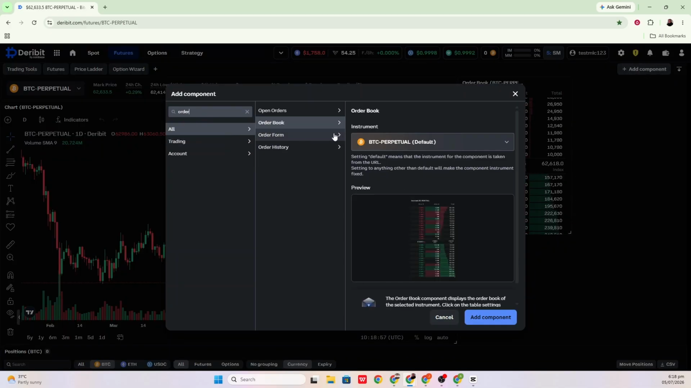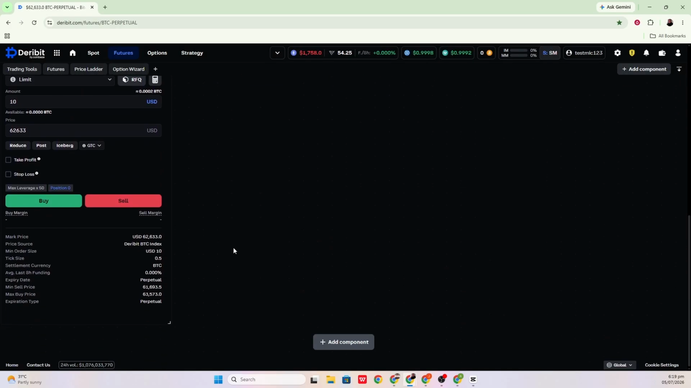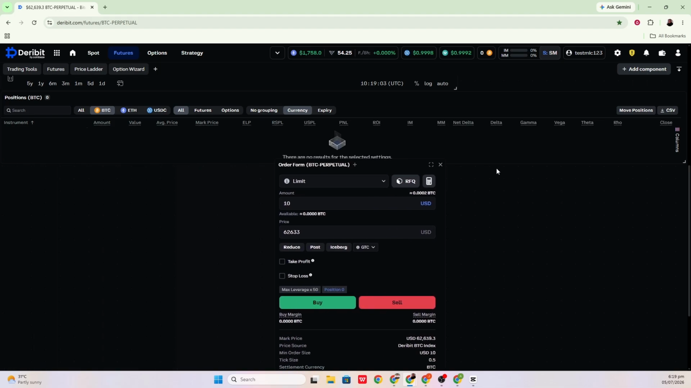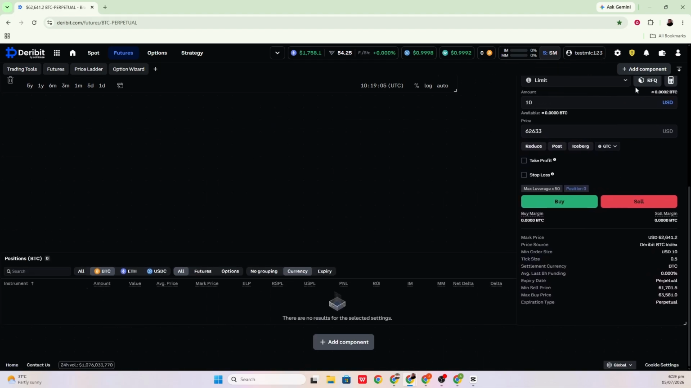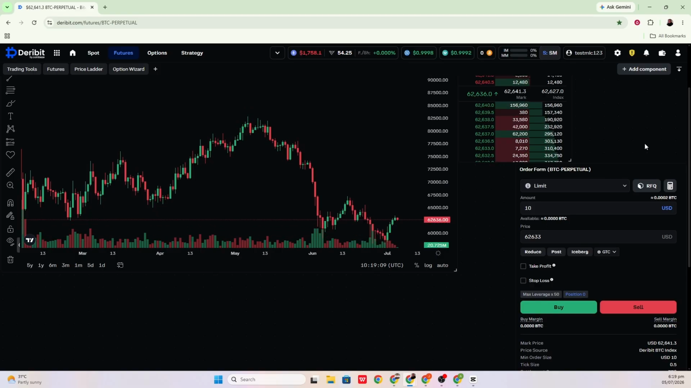You can also resize each panel to better fit your workspace. Move your cursor over the edge or corner of a module until it changes into a resizing arrow. Then click and drag to make the panel larger or smaller, either horizontally or vertically, depending on how you want